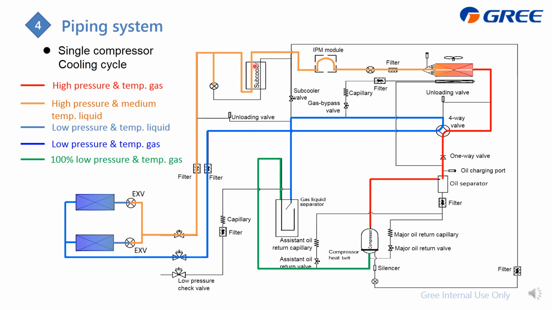As for how the subcooler operates, you can find from here there is a subcooler EXV, and a partial refrigerant will get through it and become low pressure and temperature liquid. Then it can absorb heat from the main row, which is this one. Itself will become low pressure and temperature gas, and then get through this subcooler valve and get into the gas liquid separator. So the main row refrigerant will become cooler, so it can maintain liquid until a further indoor unit.